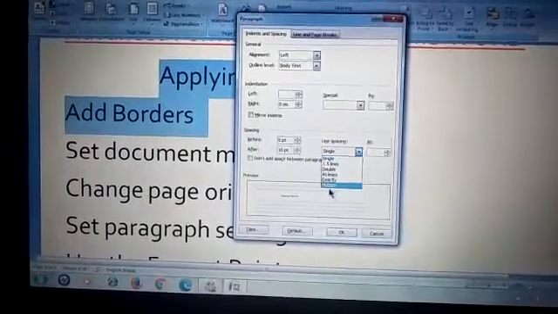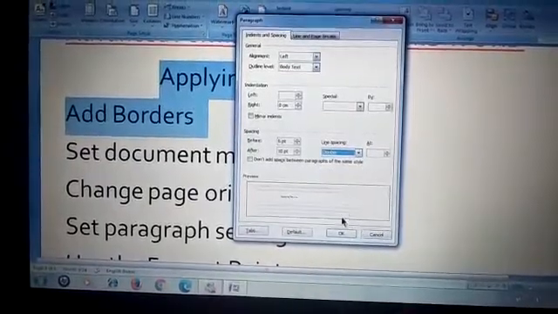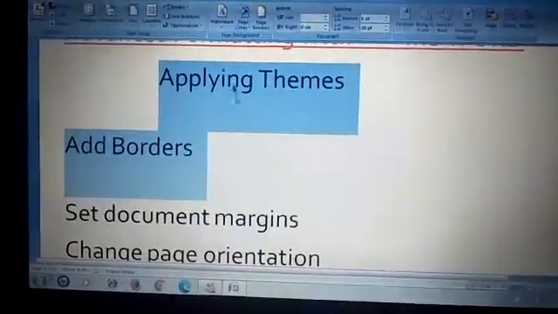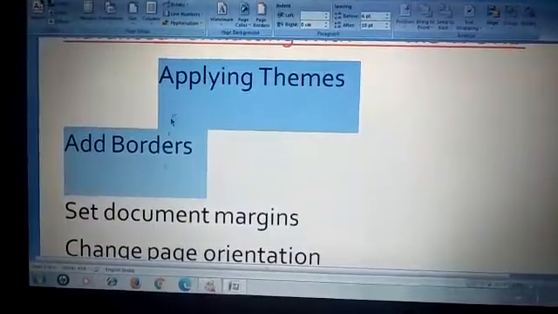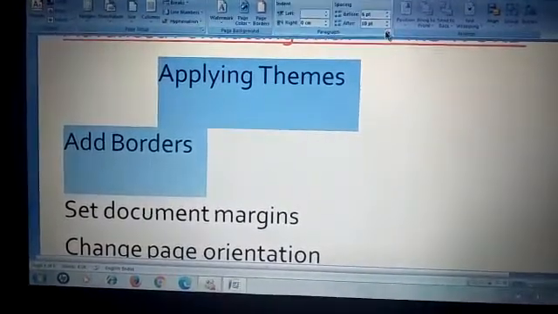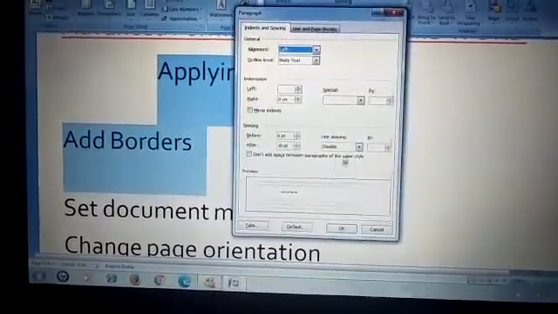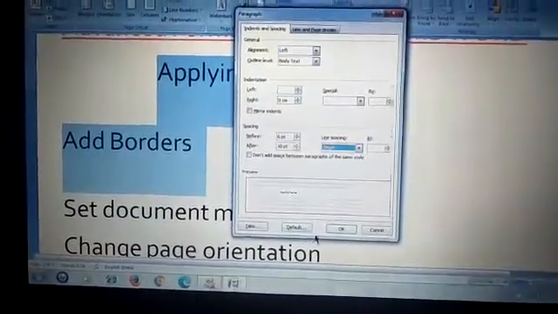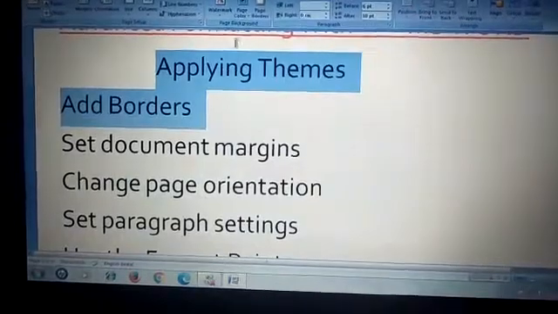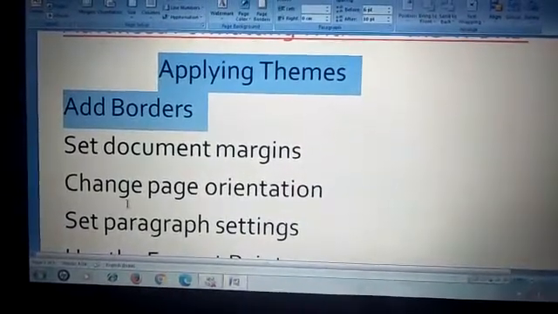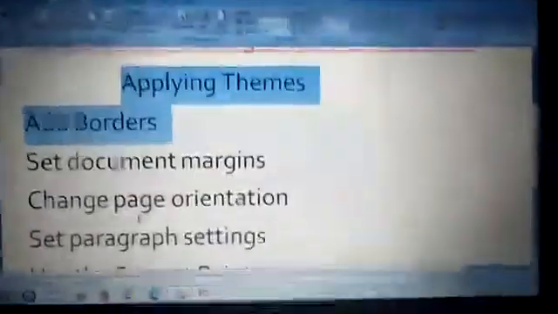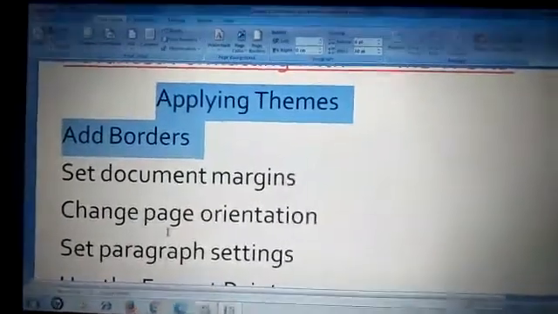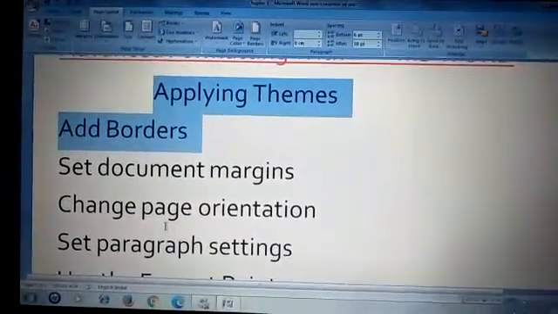Let me double the space and then click on OK, and you can see the space between the lines has increased. Again I'll change it and I'll make it single, then I'll click on OK and the space between the lines has decreased. This is known as the line spacing.